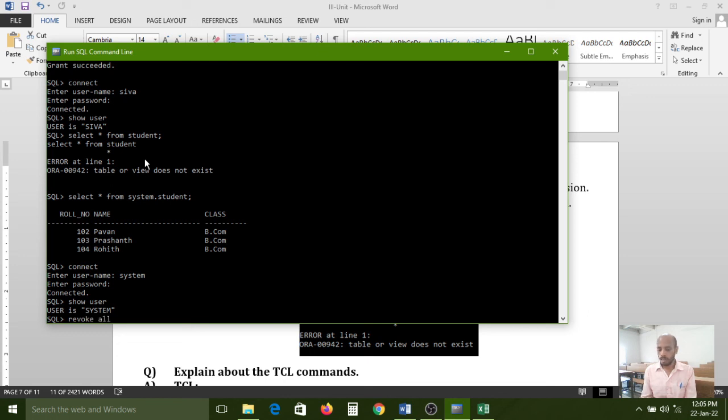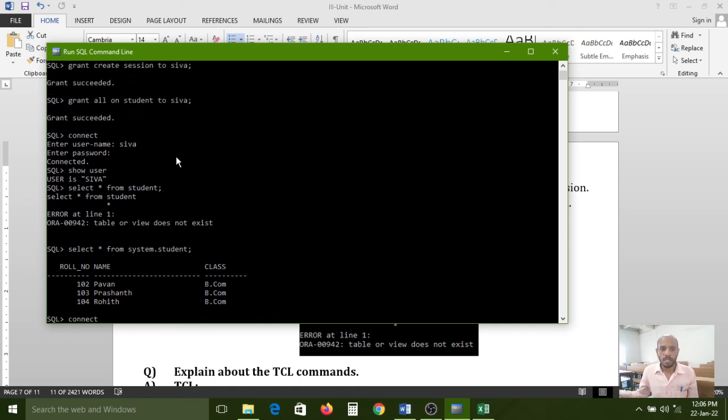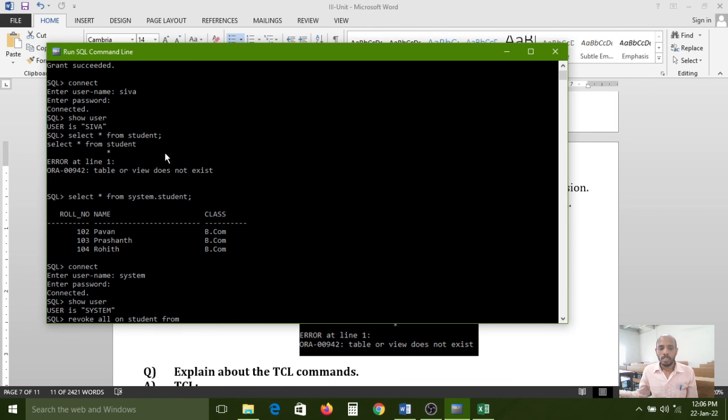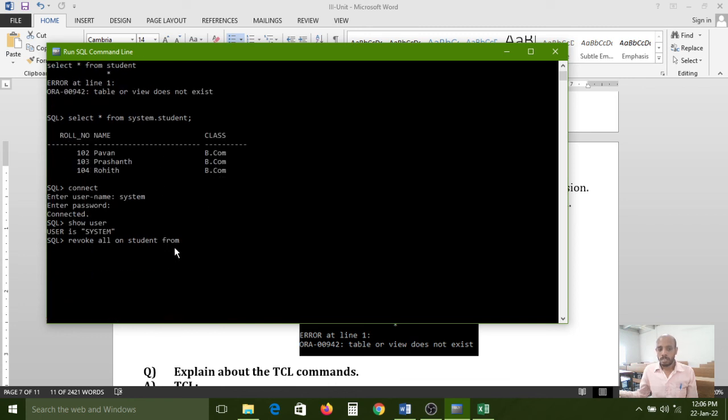Revoke all on student from Siva. Previously we used to, but from means from Siva the permission I am collecting back. So revoke succeeded, nothing but that permission I am getting back right now.